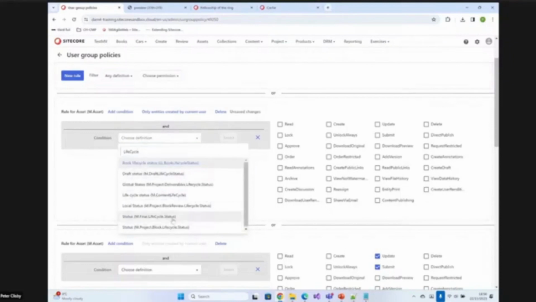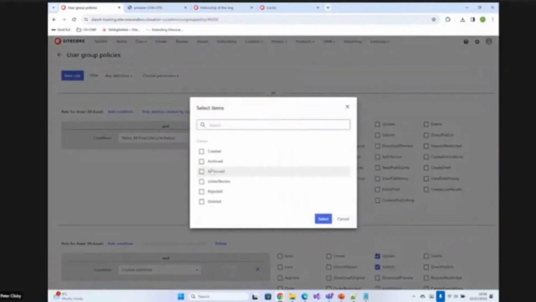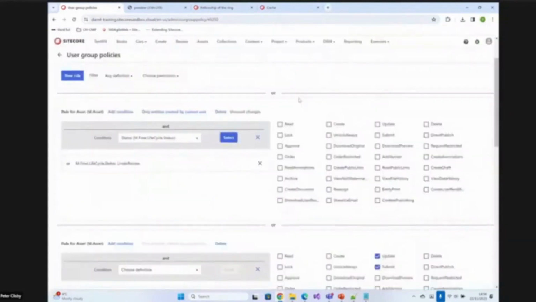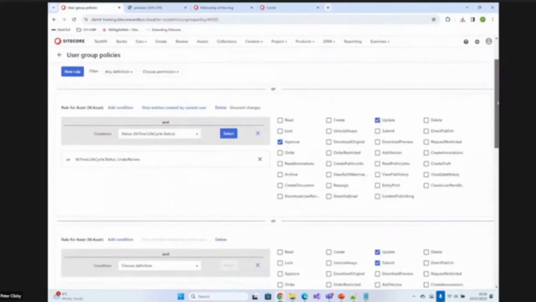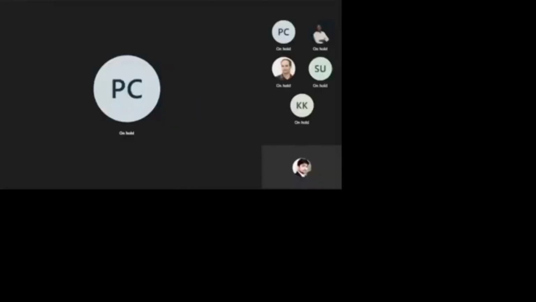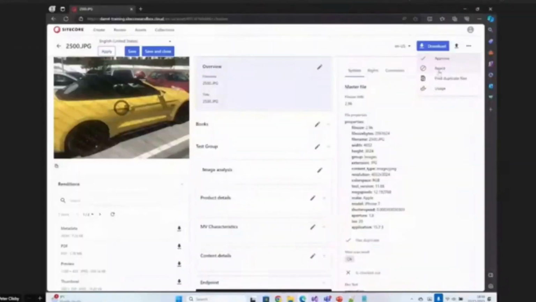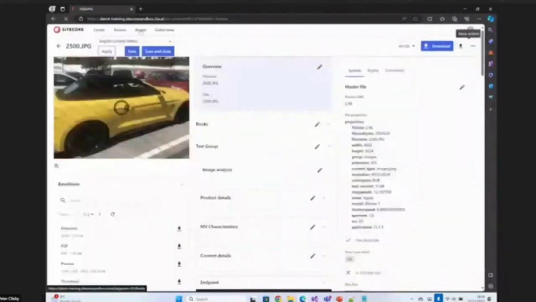Final life cycle status, under review, and then I'm going to give them approve rights. And let's give them update as well. So in that case, they should be able to approve or reject, and so if I approve that,